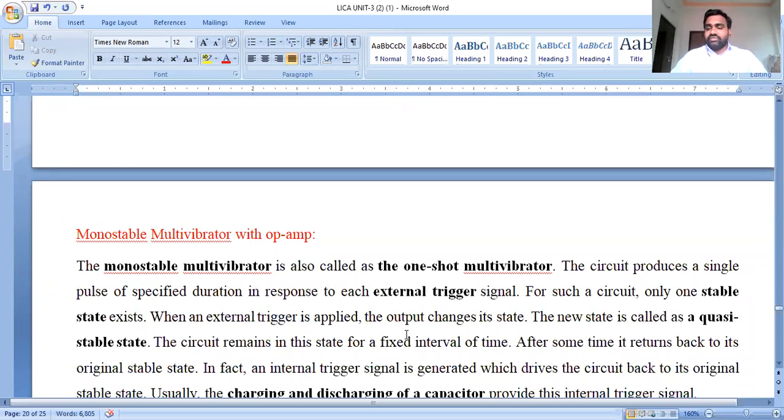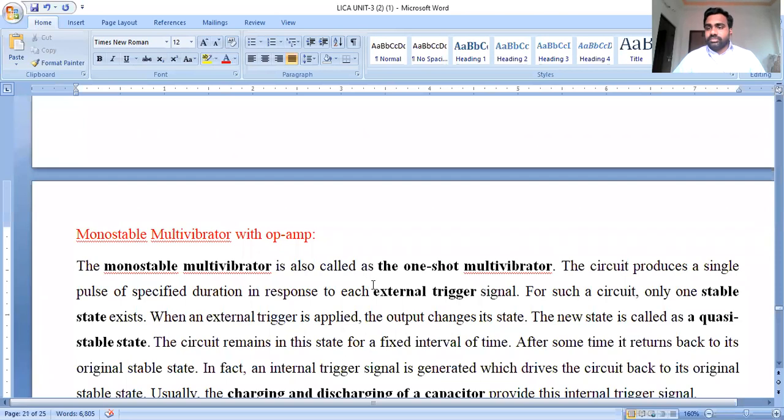Most people have this misconception that a monostable multivibrator operates in two states, one stable and another unstable. That is not correct. A monostable multivibrator operates in two operating regions: the stable condition and the quasi stable condition, which is known as the temporary stable condition. That means the circuit operates in a temporary stable mode before reaching the stable operating mode.